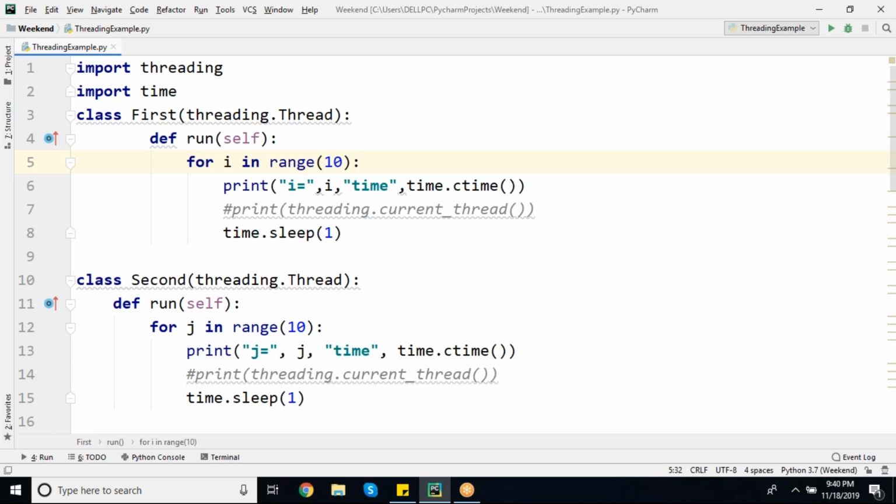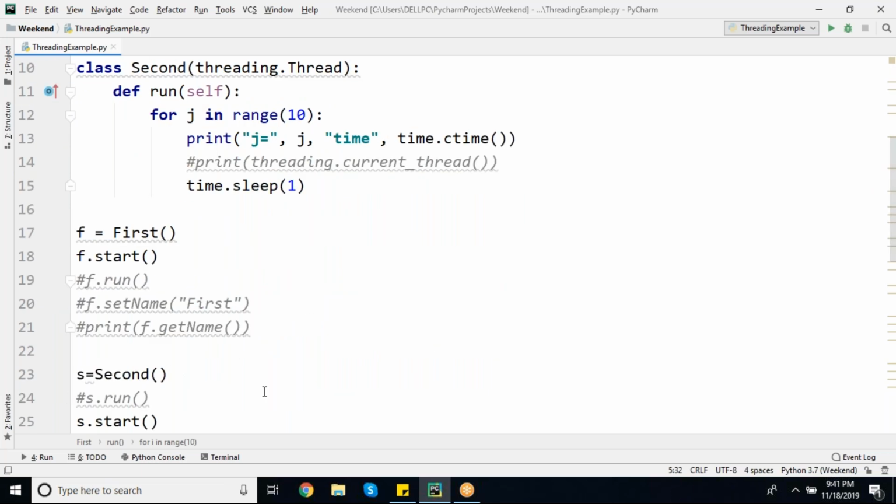Now, one important thing I have to say here is that in this program we have got two threads.